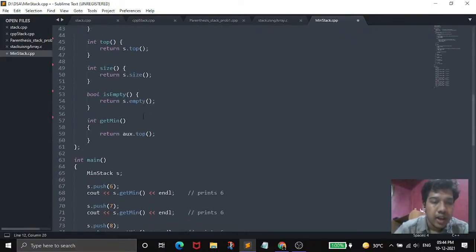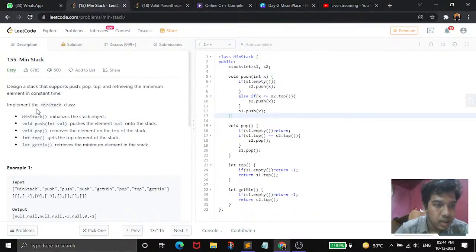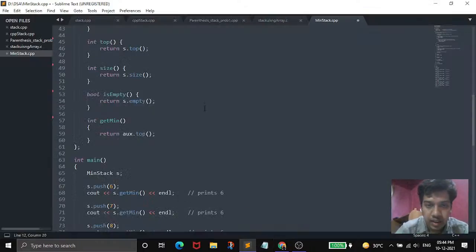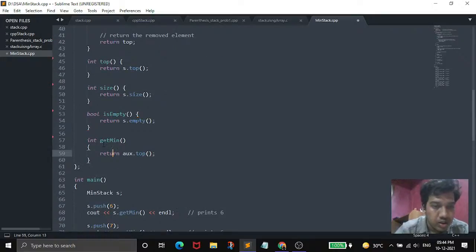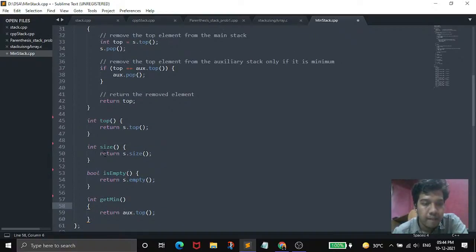So इधर actually जो कोई भी उनके operations है, as they said, minStack, push, pop, top and getMin, ये वाले operations है, तो इनके लिए हमने functions बना के रखे इसमें. So let's start with this thing from the bottom. So int getMin, it is going to return the auxiliary stack का top element, which is the minimum element because auxiliary के stack में minimum number stored है. Then for isEmpty, we have to return simply s.empty. ये boolean value return करेगा, इसीलिए boolean है. Int size, we have to return size, so return s.size.